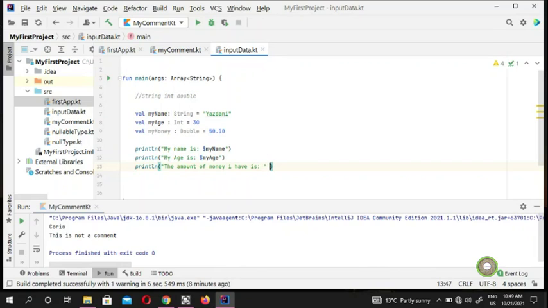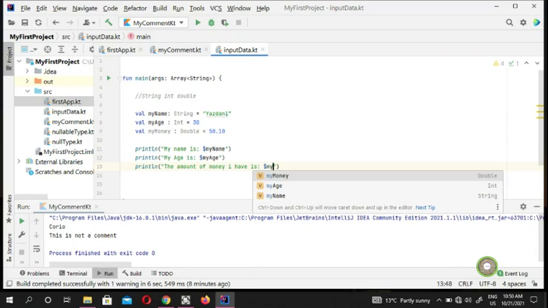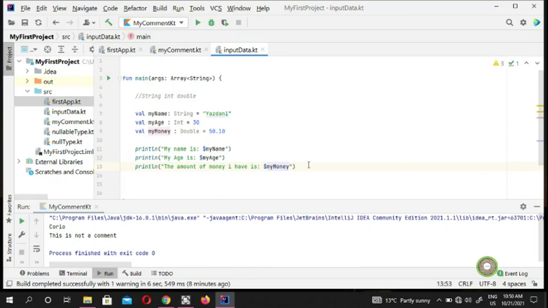I want to know how much money I have, and it says my money. It should go inside the string here with the $ sign. That's one thing you need to remember. With other programming languages, like C++, you put your variables outside, but with Kotlin it's different. You need to put it inside the double quotation marks. So I'm going to put in my money, and if you look at here,